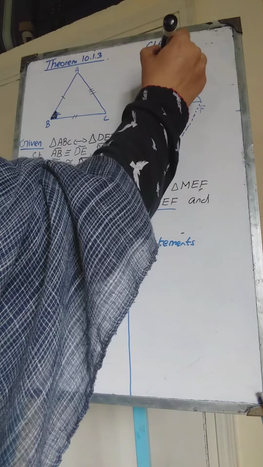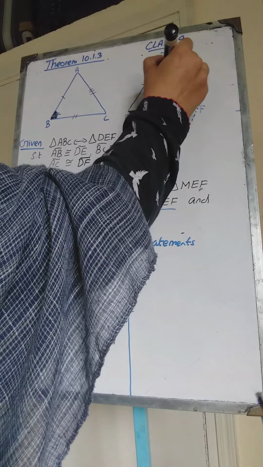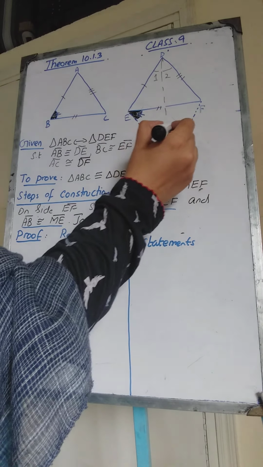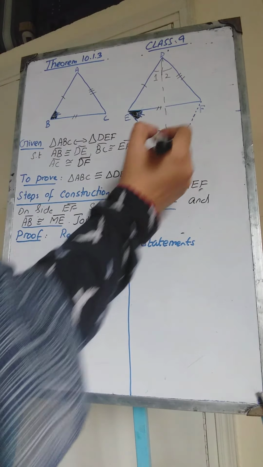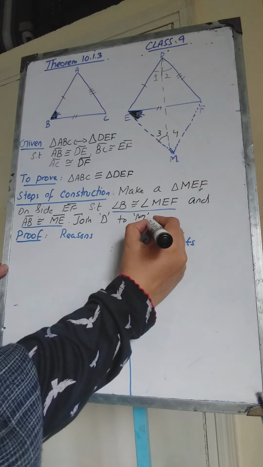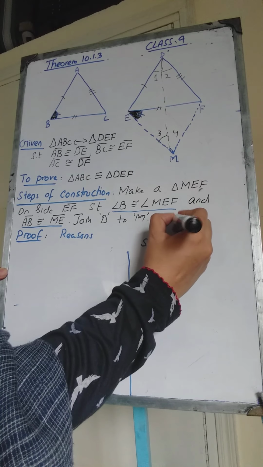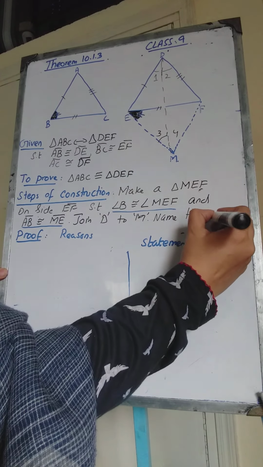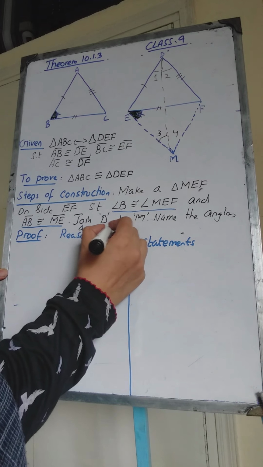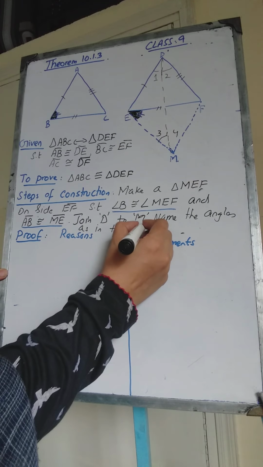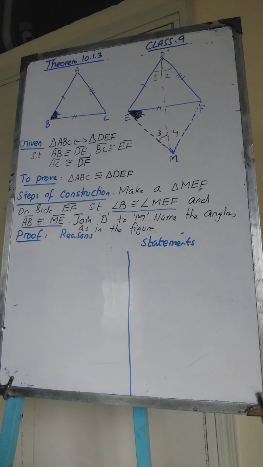Okay, and name the angles as angle 1, 2, angle 3 and angle 4, as in the figure. Okay, to start, first of all, what I said was you are going to prove these two